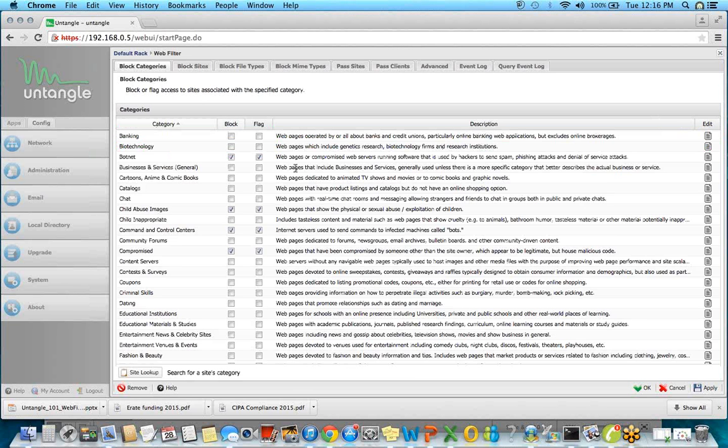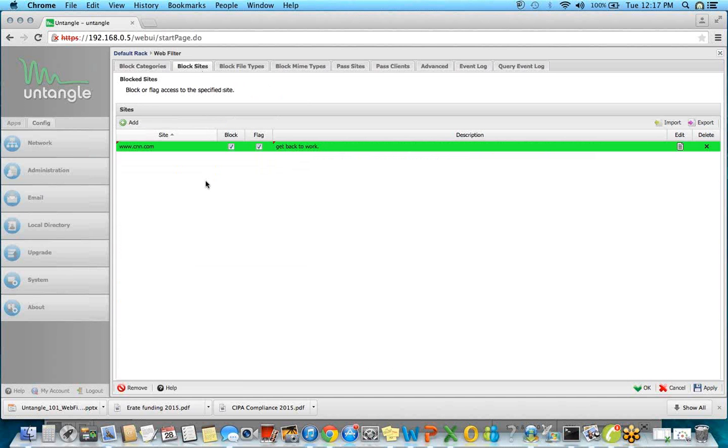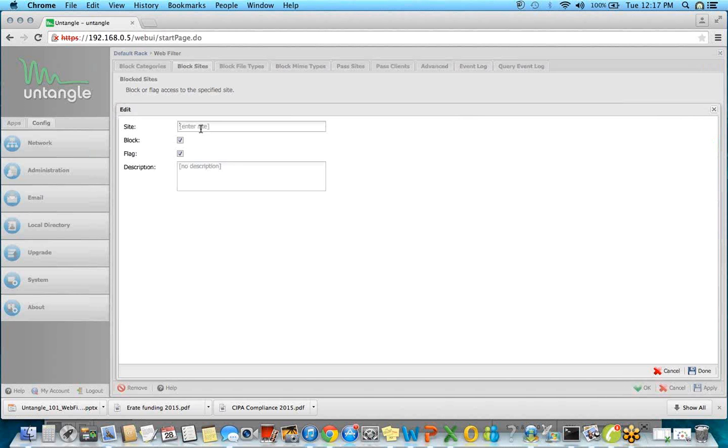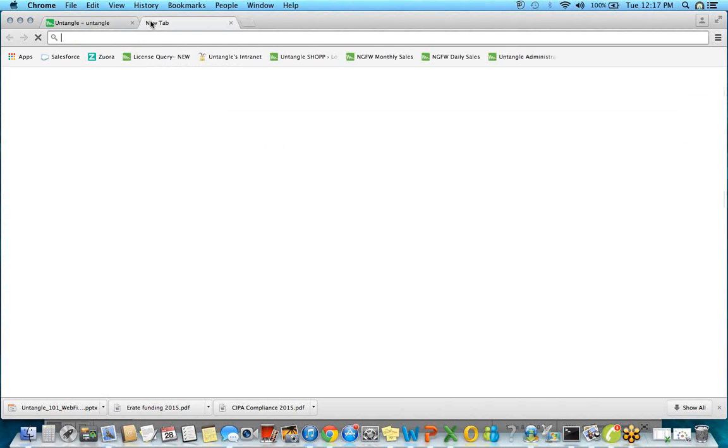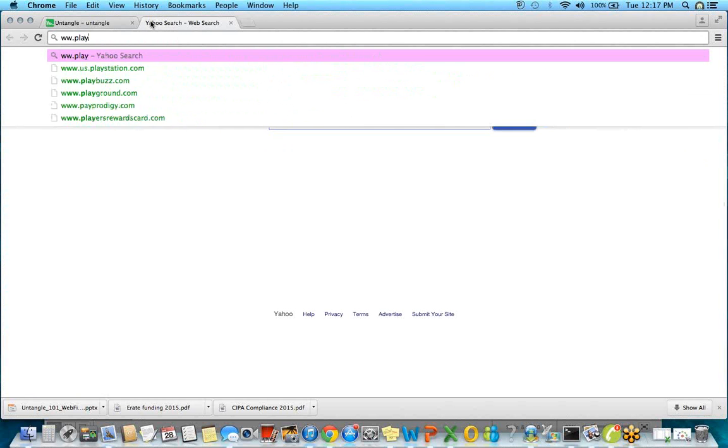But again, the block sites under the categories here is the database that Zvelo maintains. If you have specific sites yourself that you don't want within your organization, you can add those here. Our web filtering also, let me show you for an example so you see what the block page looks like. I'm actually going to do playboy.com, because that's a normal site that most schools or organizations don't really want people getting their hands on or being able to access. So let's do a test so that I can show you what the block page looks like. We're going to apply those filtering features, and then if your employees or your students try to go to playboy.com,